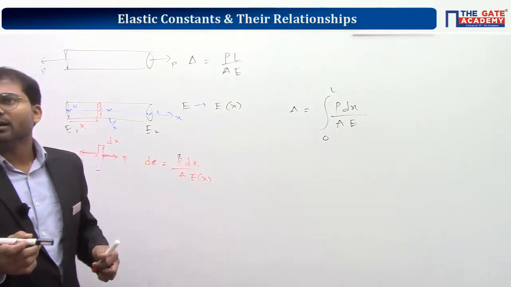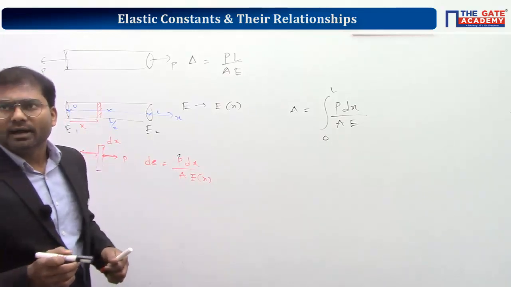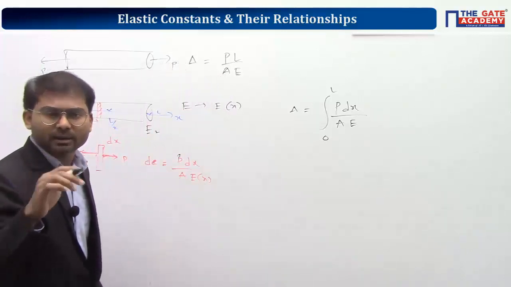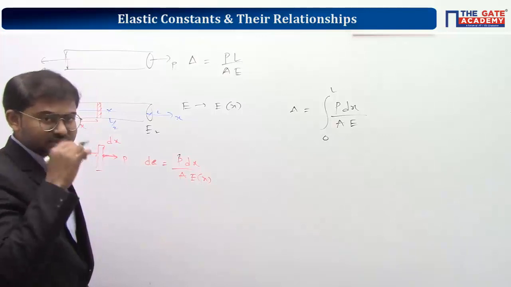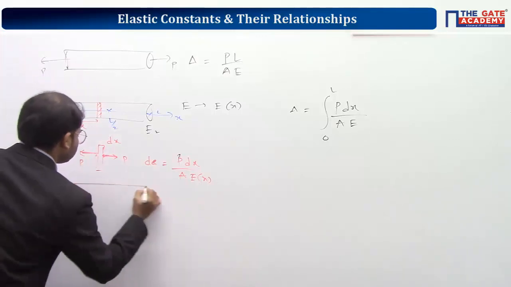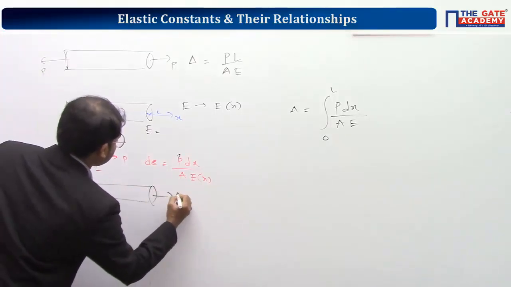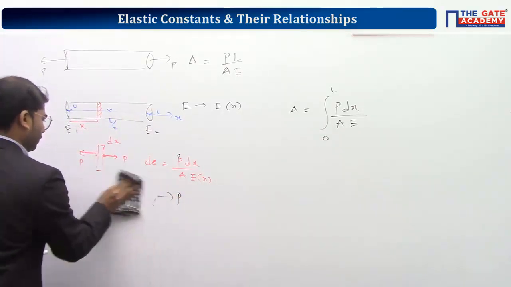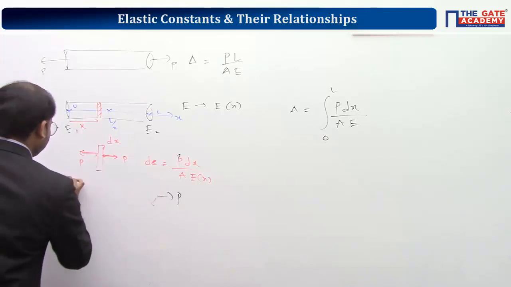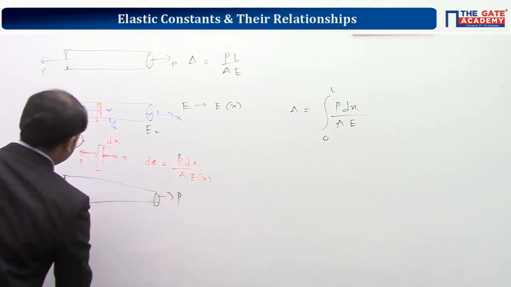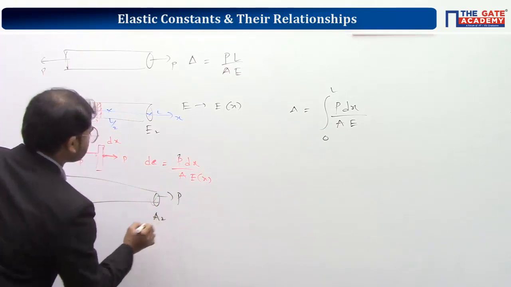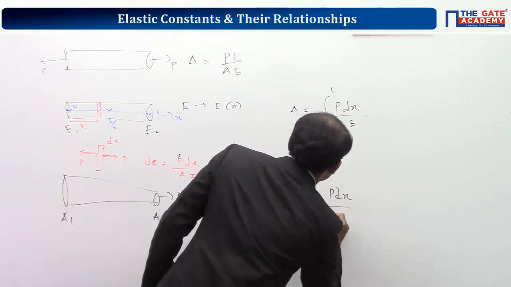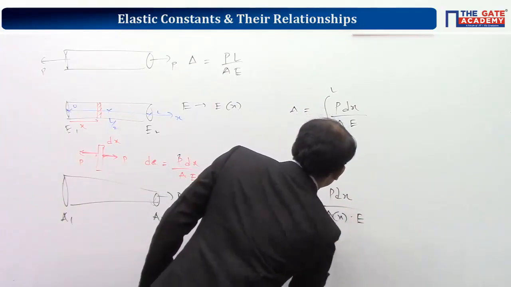But if you are having a scenario, I'll come back to your question and explanation, Sanjay, please wait. So if you have a scenario where Young's modulus is not varying, but area is varying, let's assume you're having a tapered rod. We're going to deal with this later also. So if you have a tapered rod where area is going on varying, so area is A1 here and here area is equal to A2. In this case, your elongation will become P dx by A of x into Young's modulus.